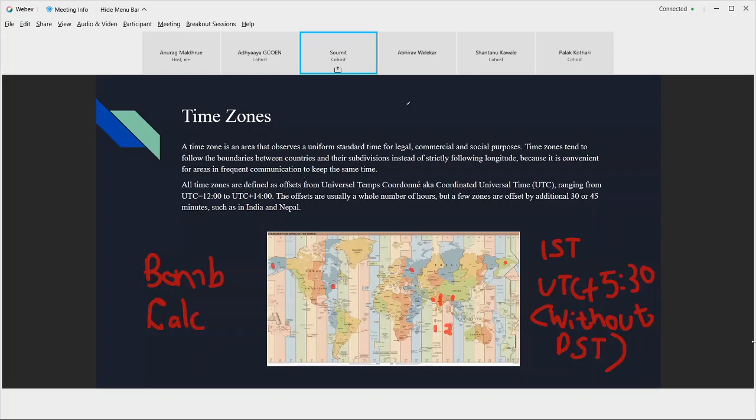Basically, if you go towards the poles, you'll see that during the winters the sun sets pretty early. It's a common phenomenon. India is a fairly tropical country, so we don't have a huge difference. It is a difference we notice, but it's not huge. But in the northern places, let's say London, the sun sets as early as, I don't know exactly, 4 to 5 p.m. It sets pretty early.